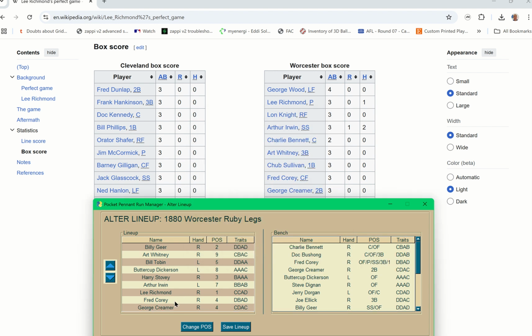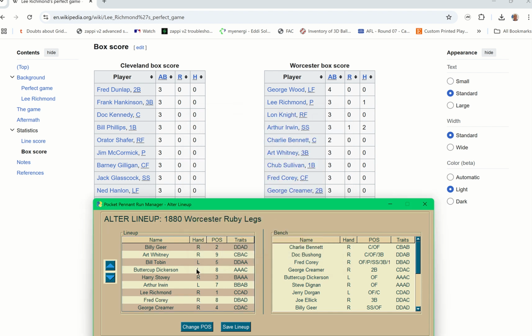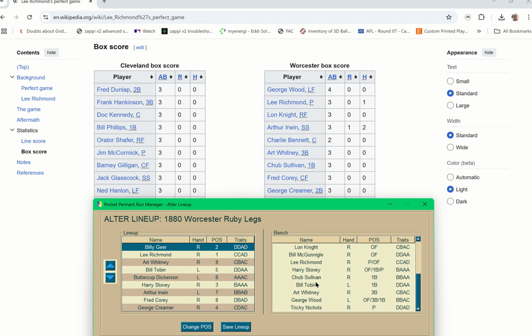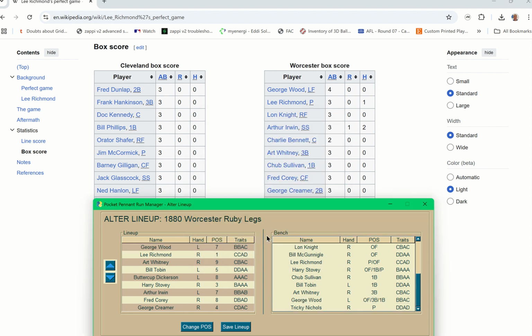Then Fred Corey was centre field. Chub Sullivan. Lee Richmond, the pitcher, batted second. George Wood was lead-off. The left fielder. So we've got Wood, Richmond,